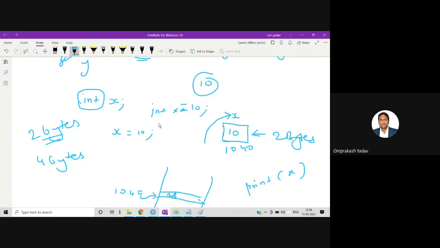If we are writing like this, it will allocate a 2 byte space at a memory address, let's say I'm assuming 1040, and to this particular place it will identify as x. So either we can access this value 10 with the help of this memory address, or we can access it with the help of this x. So both will do.